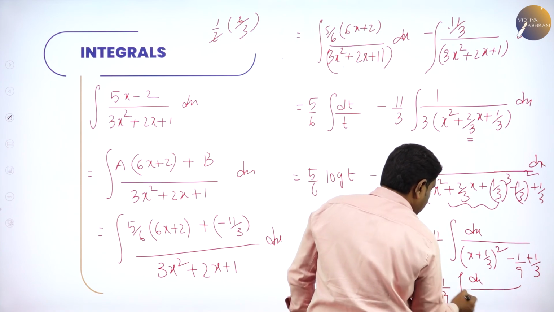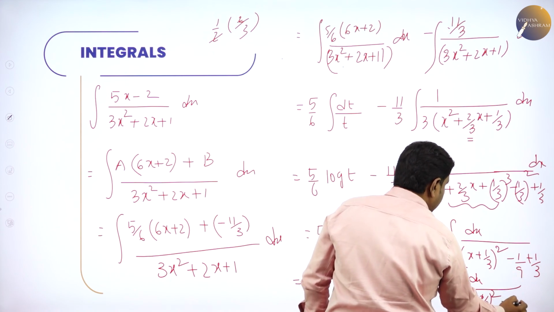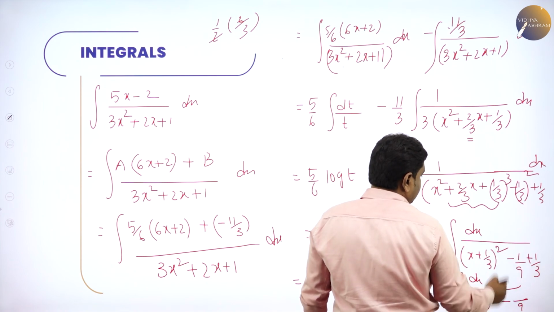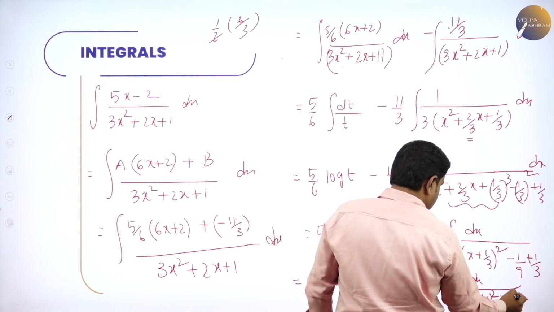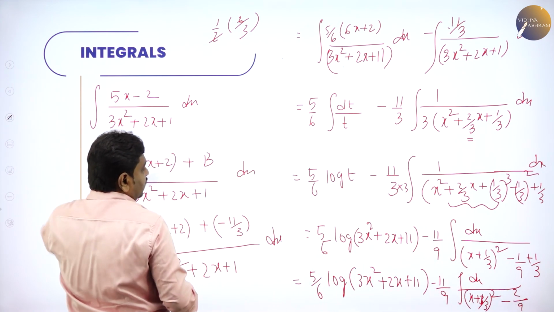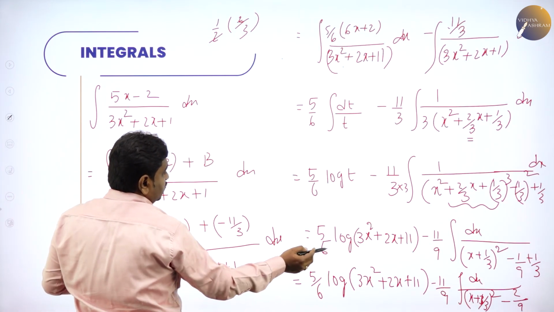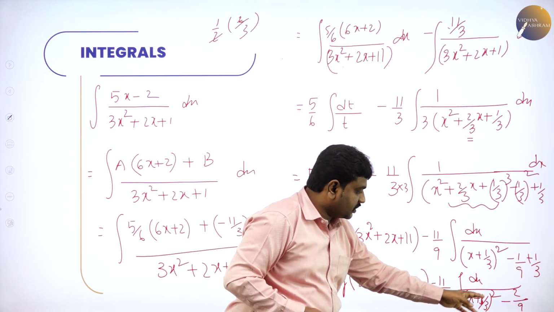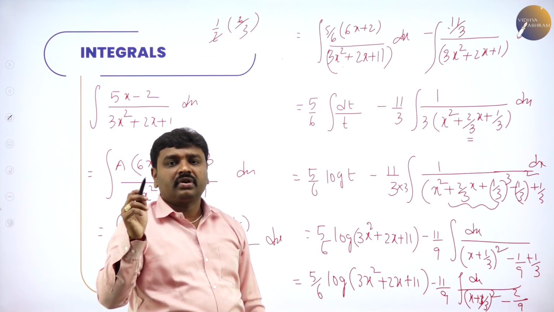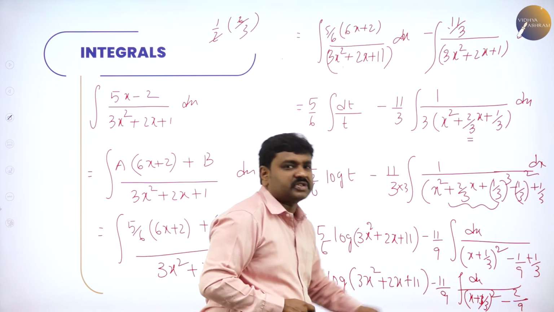Integration of dx divided by x plus 1 by 3 the whole square. Take LCM. LCM will be 9 and we will have 3 here. So minus 1 plus 3 is 2 by 9. So simplify this. If you simplify, further you can integrate from here. So how to integrate? It is in the form of dx divided by x square minus a square. What is dx divided by x square minus a square? 1 by 2a log of x plus a by x minus a. You can use it. Further integrating is easy. It is in specific integrable form.